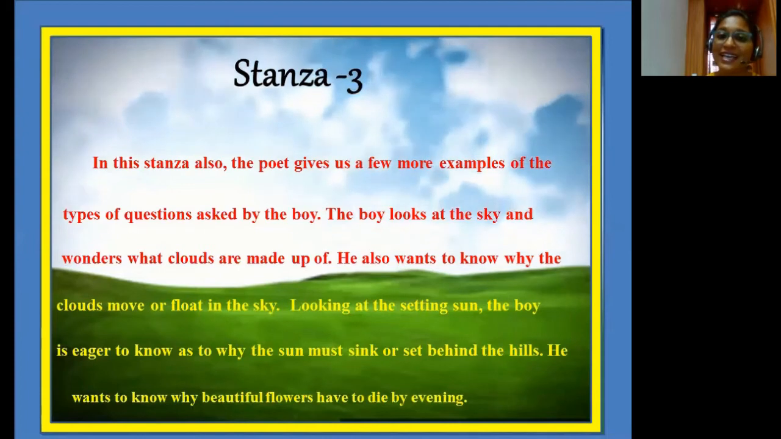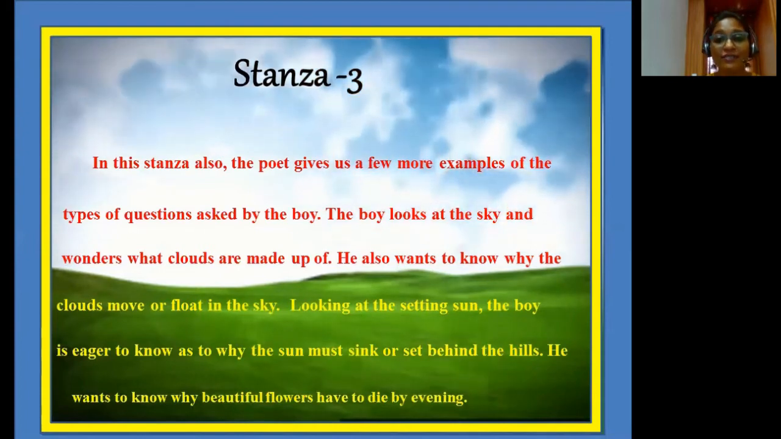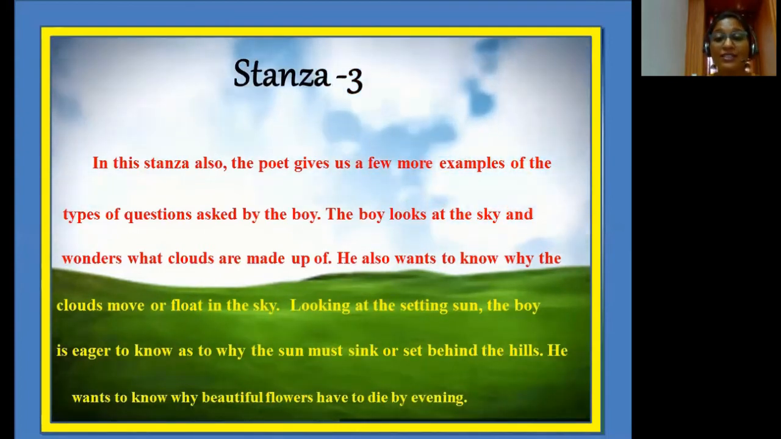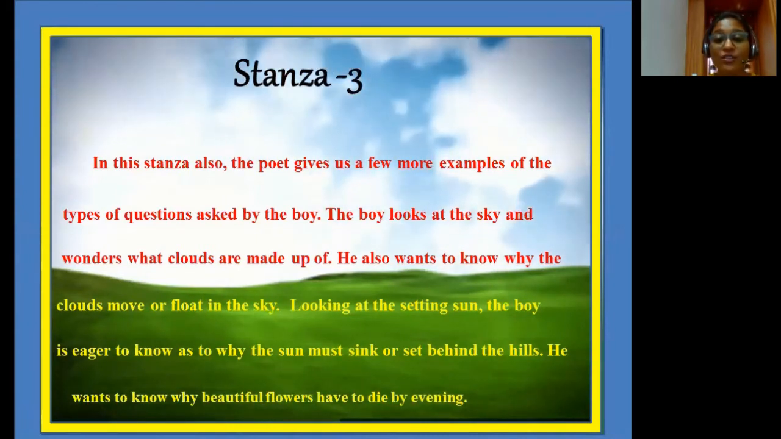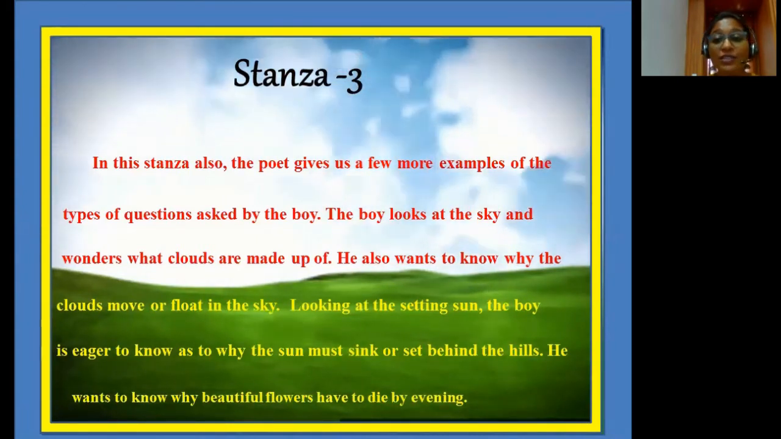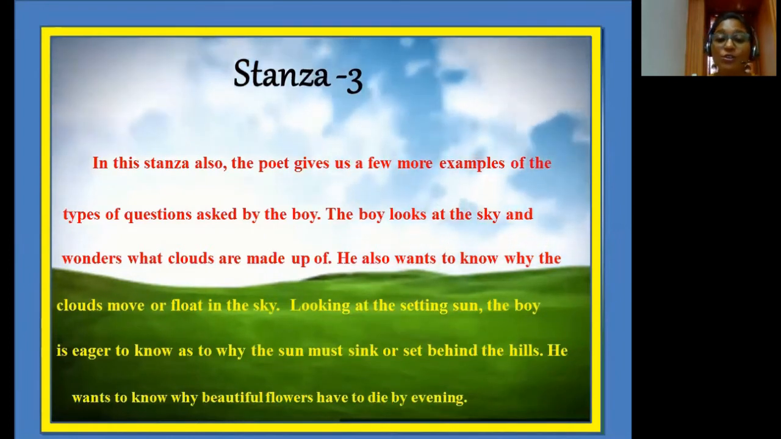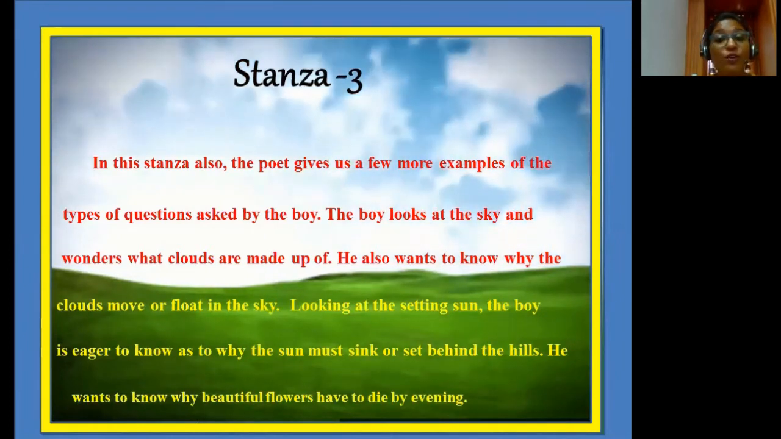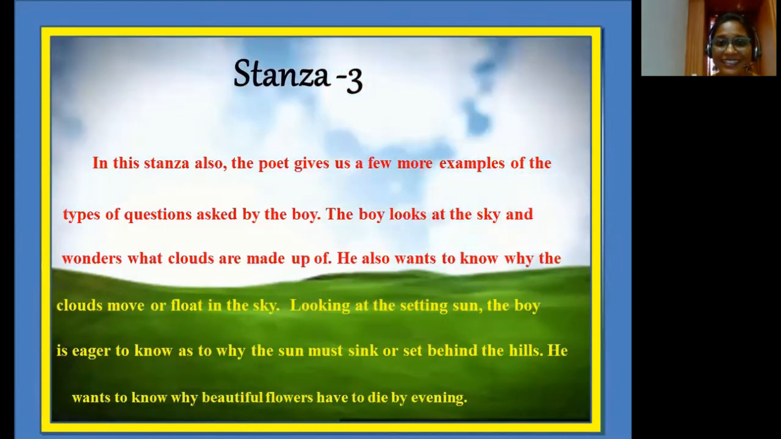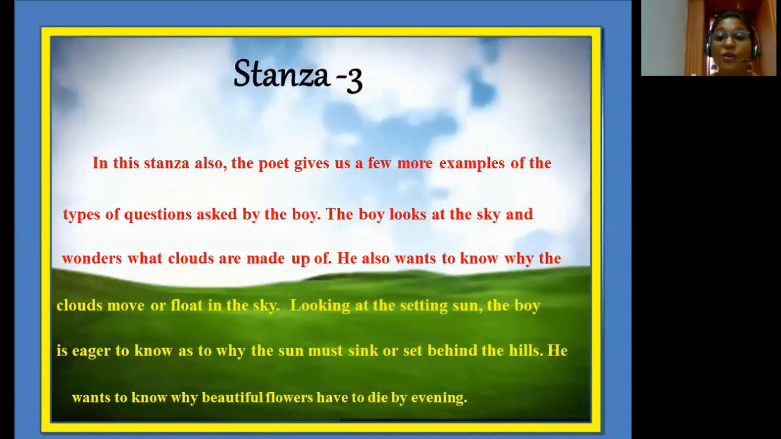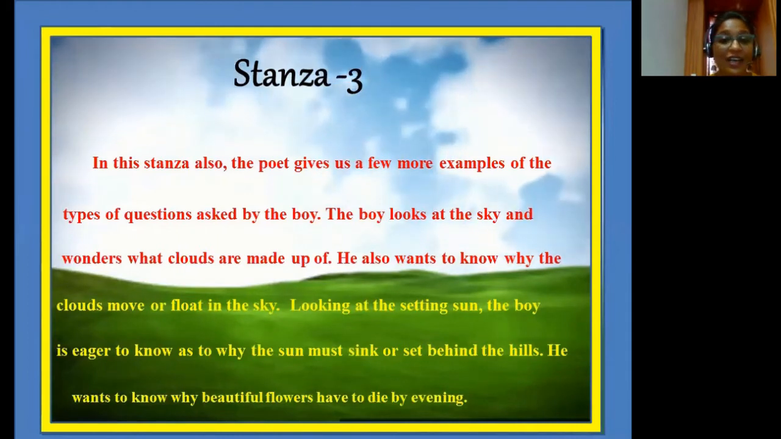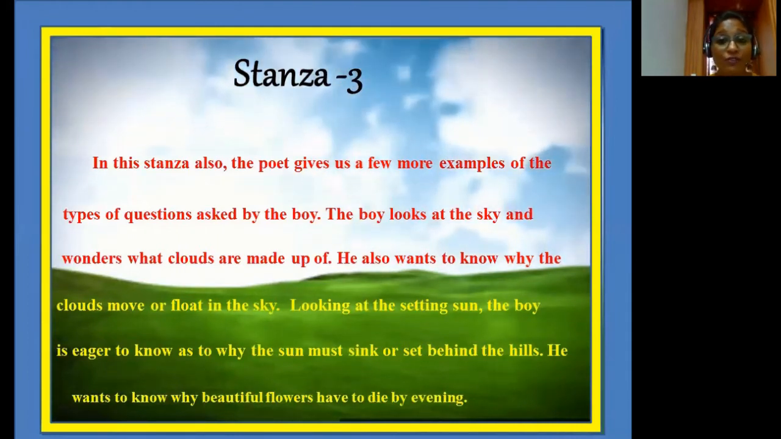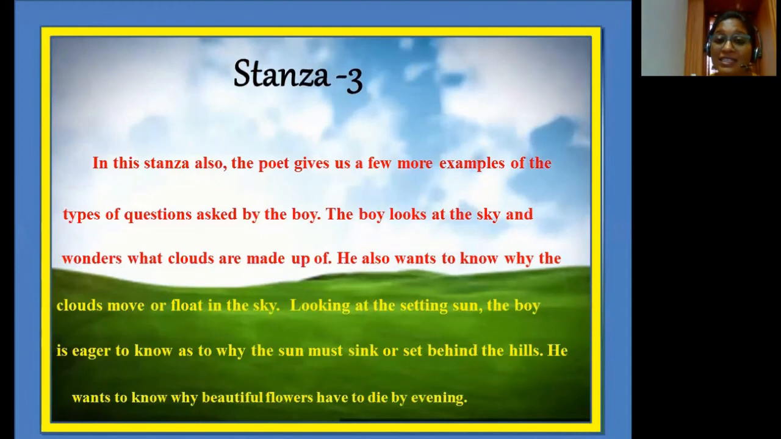Children, in stanza 3, the poet gives us some more questions asked by the boy. The boy is curious to know what clouds are made up of. He wants to know why the clouds move or float in the sky. He also wonders why the sun must set behind the hills and why beautiful flowers in the garden must die after